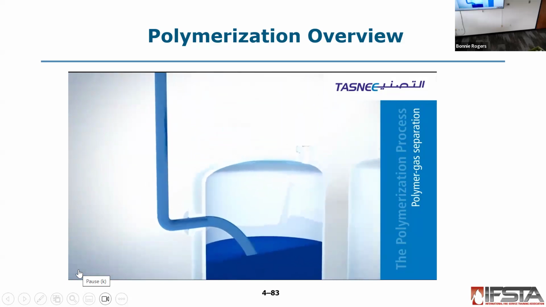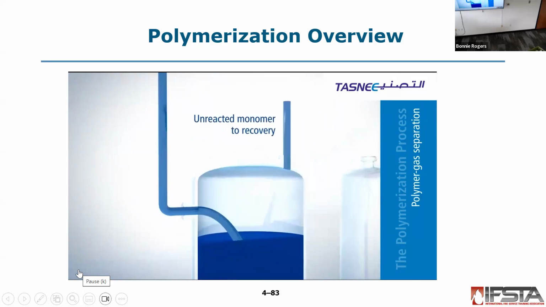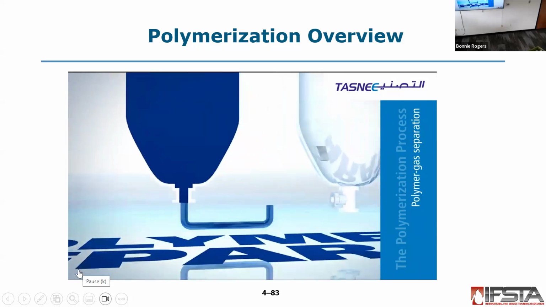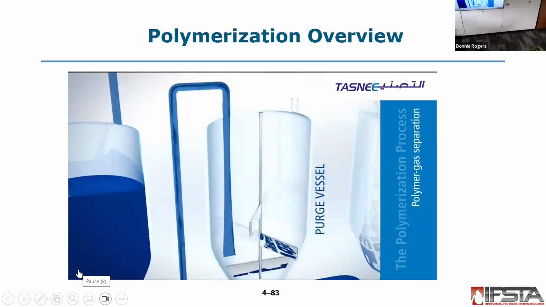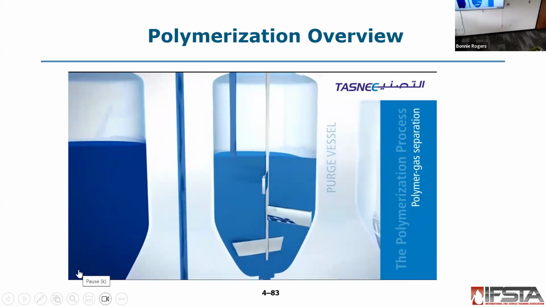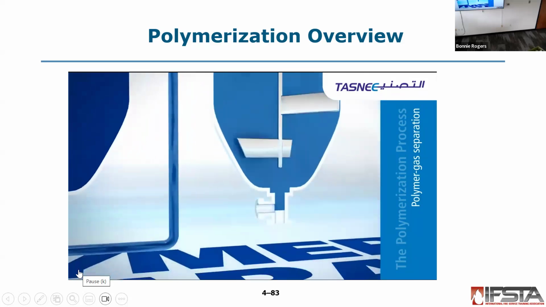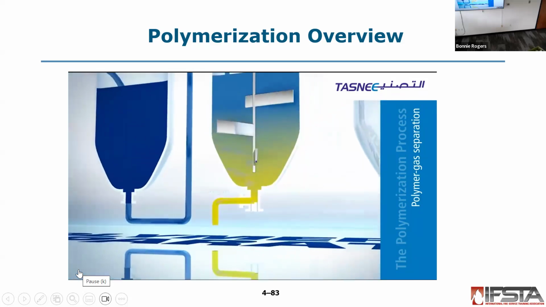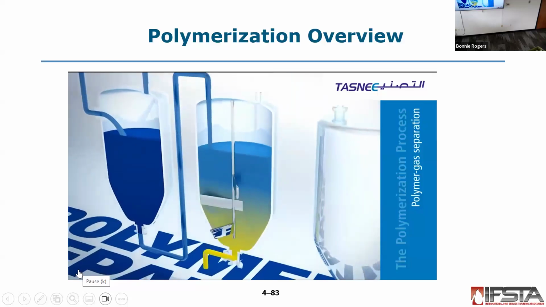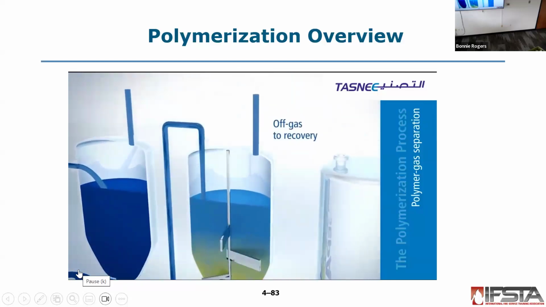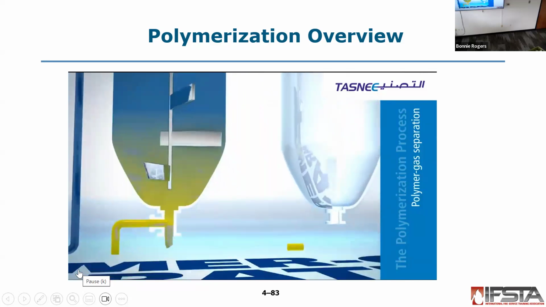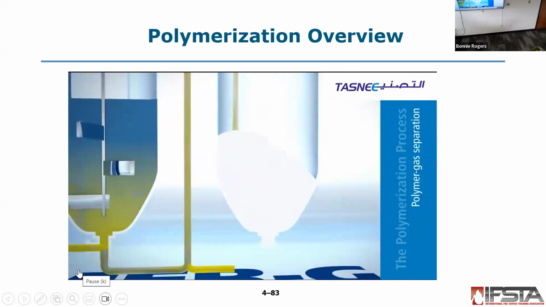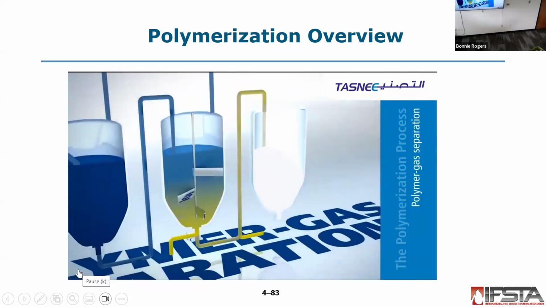When all the unreacted monomer is extracted, the polymer is then pumped out and goes into the purge vessel, where a single axis stir will mix nitrogen, which is pumped into the purge vessel. Nitrogen helps stabilize the polymer and removes any moisture and volatile materials. The nitrogen is also used to propel the powder to the powder silo, where it awaits its last leg, the